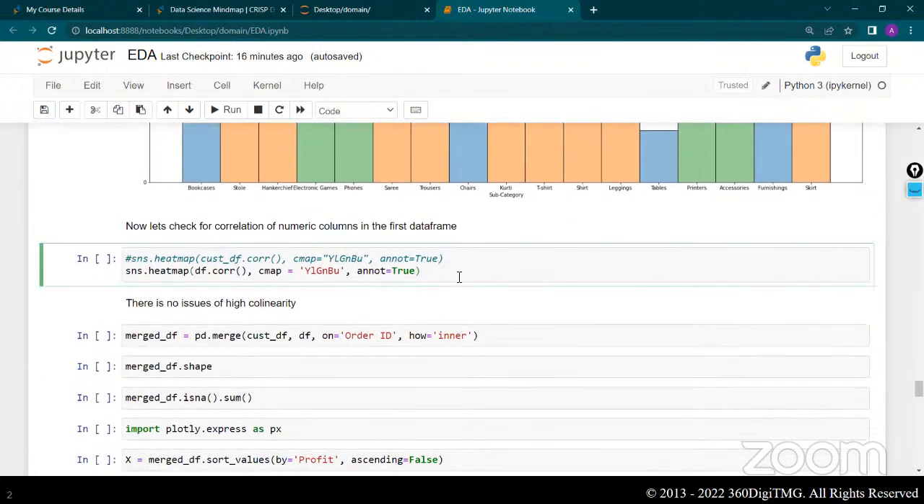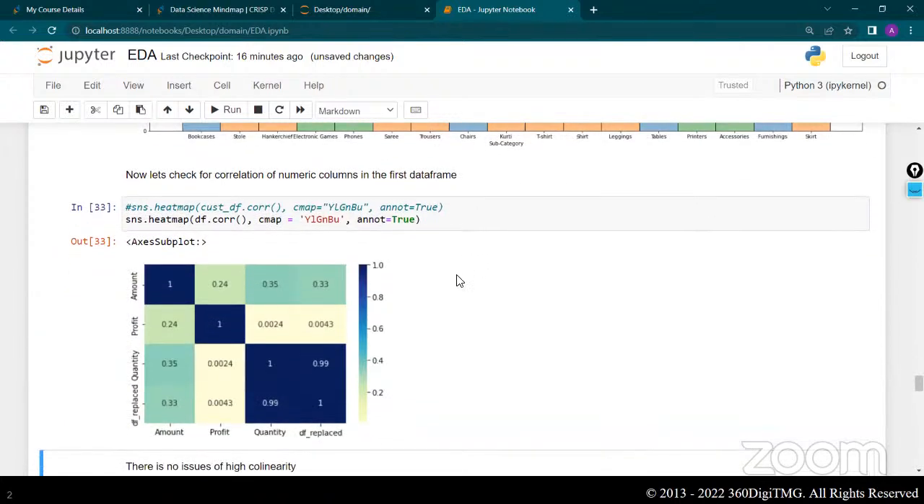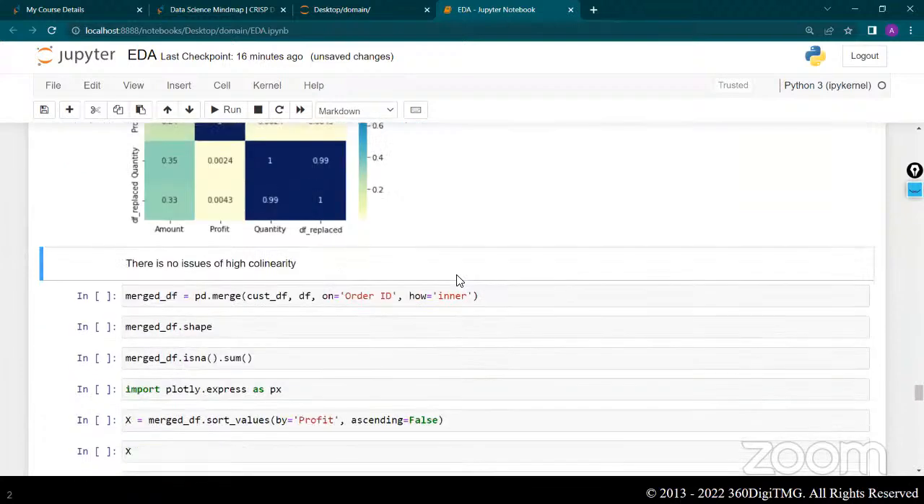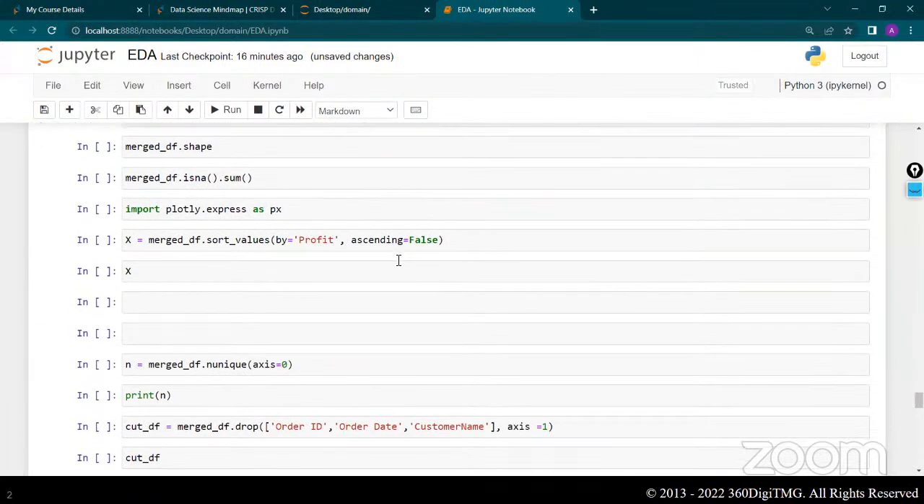And then we are trying to see collinearity. So there is weak collinearity between the numeric columns. Okay. So that you have to know. Okay. And then